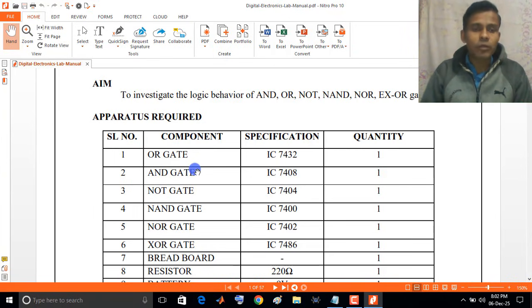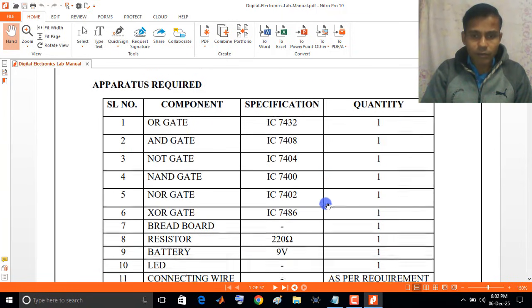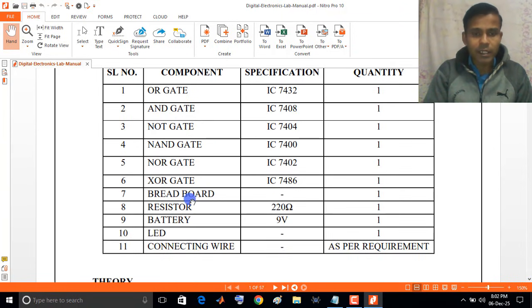So you all have to remember the IC numbers of all the logic gates. The OR gate IC number is 7432. You all remember, AND gate IC number is 7408. NOT gate IC number is 7404. NAND gate IC number is 7400. NOR gate IC number is 7402. XOR gate IC number is 7486. And to perform this experiment you need these components such as breadboard, resistor,